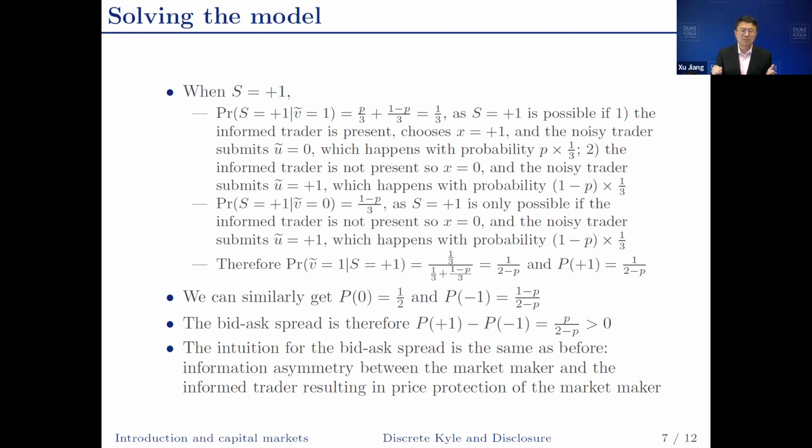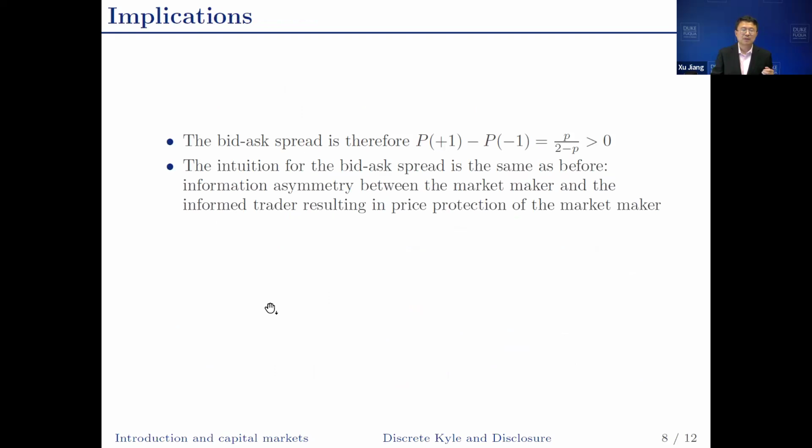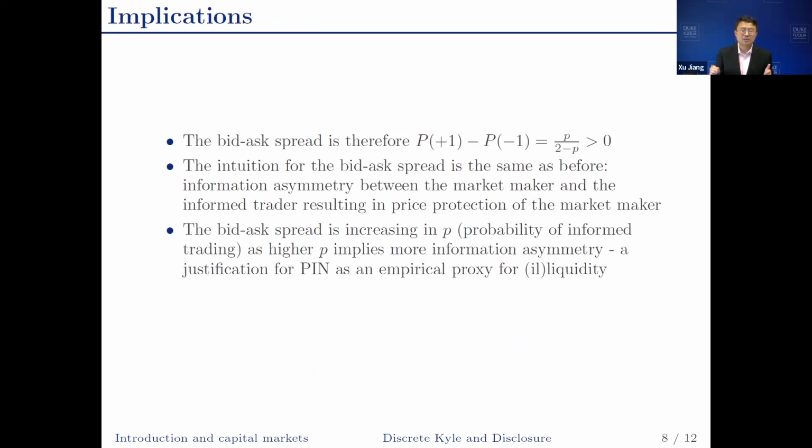That's why P+1 is bigger than P-1, and we have the bid-ask spread. The bid-ask spread is increasing in P, and P is the probability of an informed trader being present, because higher P means that it's more likely that the informed trader is in the market. So that means there's more information asymmetry between the informed trader and market maker. So the bid-ask spread will be higher. And this is a theoretical justification for probability of informed trading as an empirical